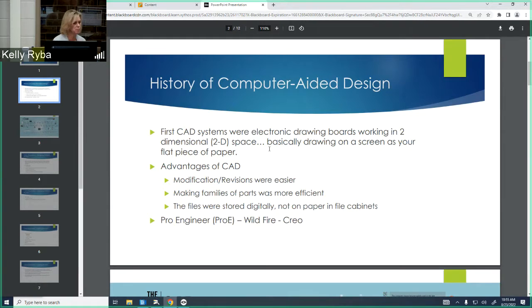So first of all, a history lesson, going back, and you've probably heard some of this before. CAD is computer-aided design, and it's really generating what used to be hand-drawn prints on large format drafting boards, converting those to a digital format and then generating the geometry and such on a computer. Okay, so the first CAD system